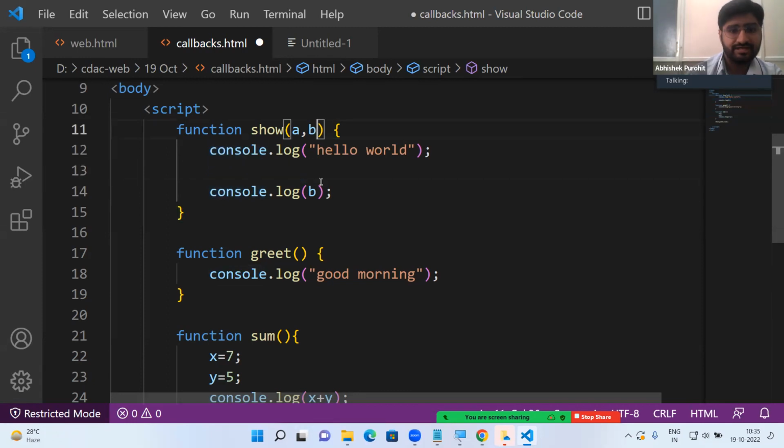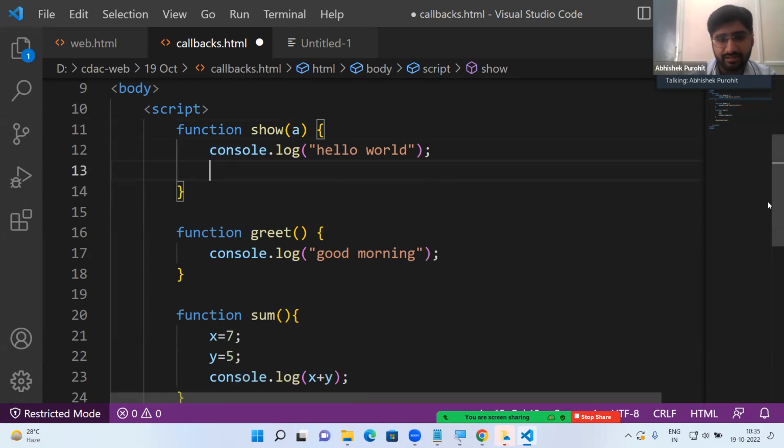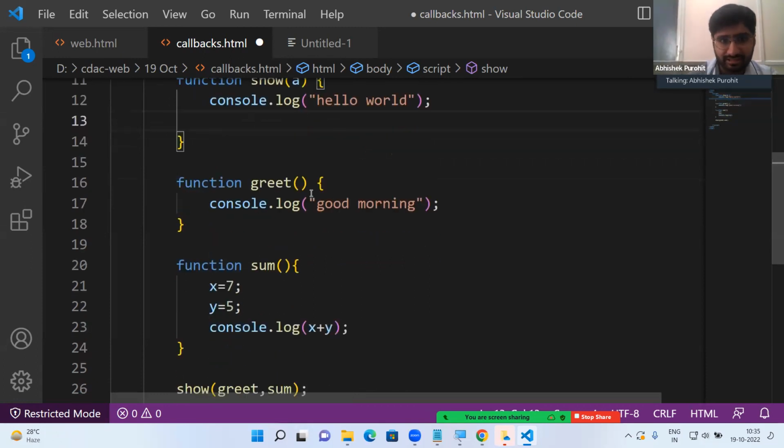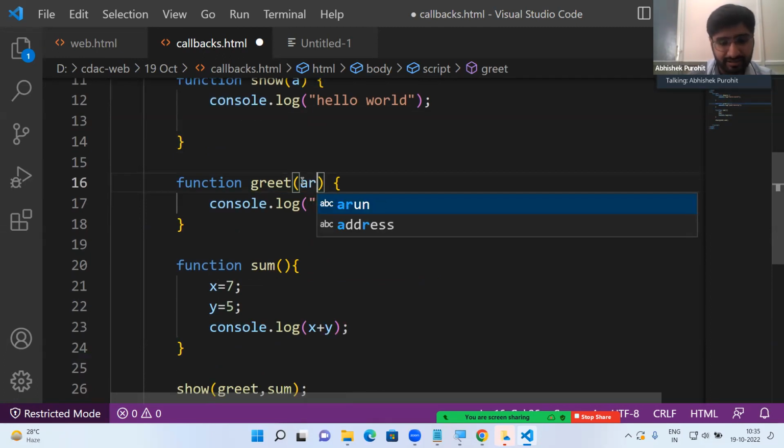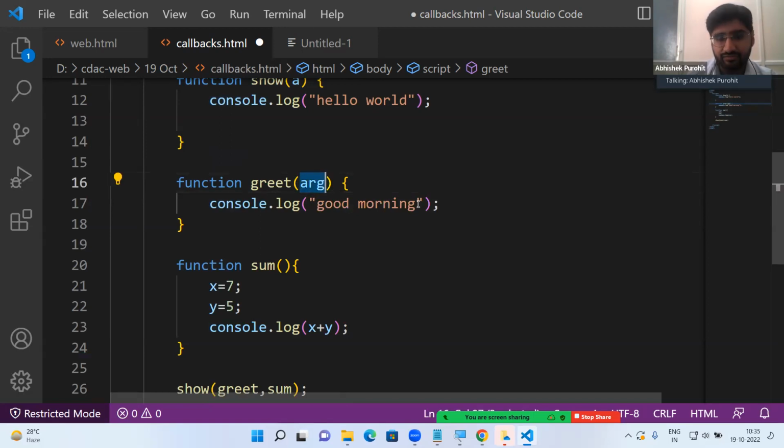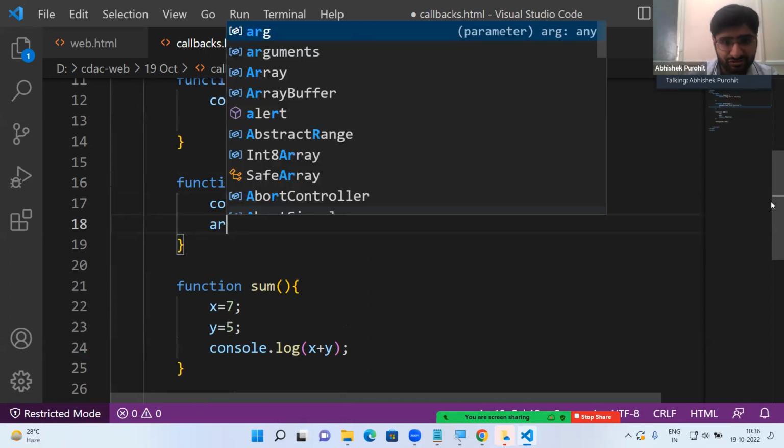Let's say this show is receiving only a single argument, and this greet will also receive an argument. I'm having that argument as arg. Now in this greet function, I'm calling this arg like this. So by just reading this code,